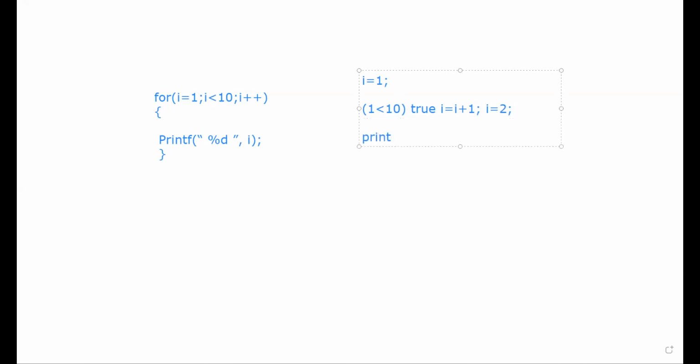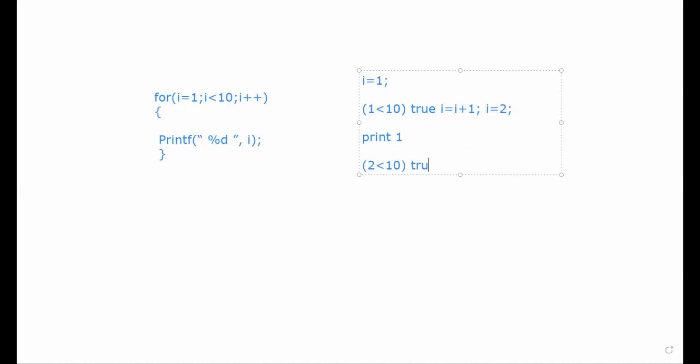So what will be printed? 1 will be printed. Then what will happen next? Again it will go to the for loop, and now it will not execute the first statement, that is I is equal to 1. It will directly go to the second expression, that is I less than 10. Now I is 2, so 2 is less than 10.